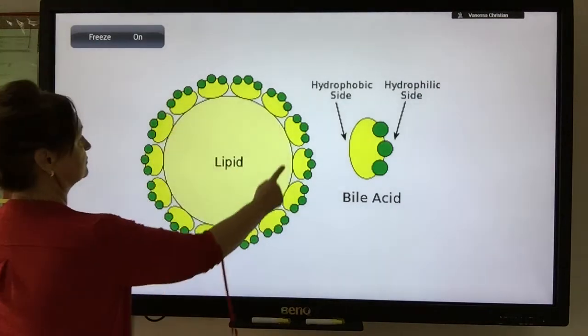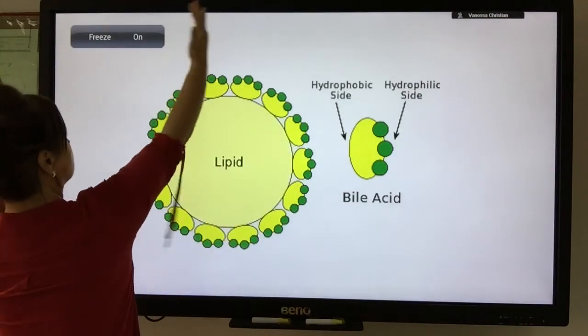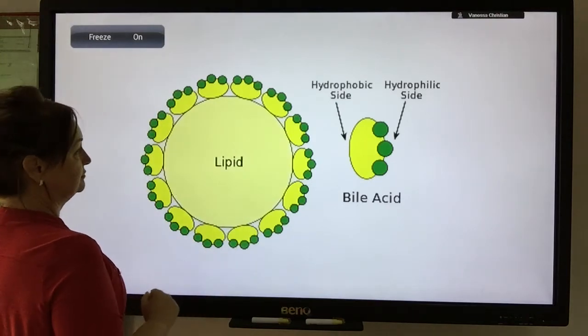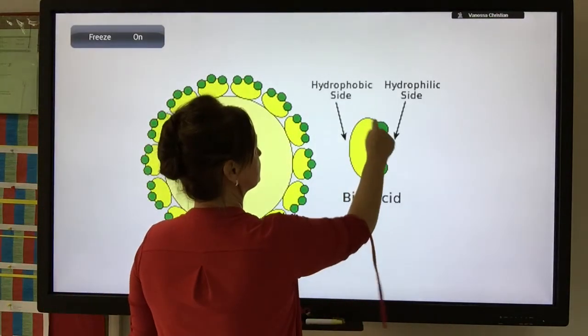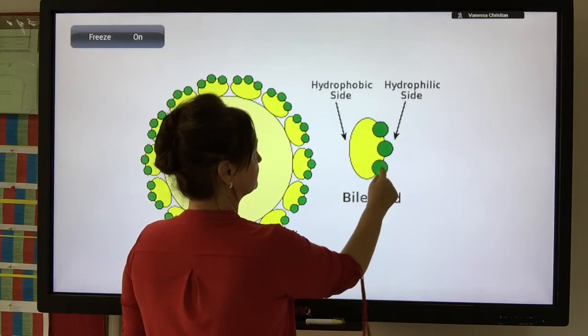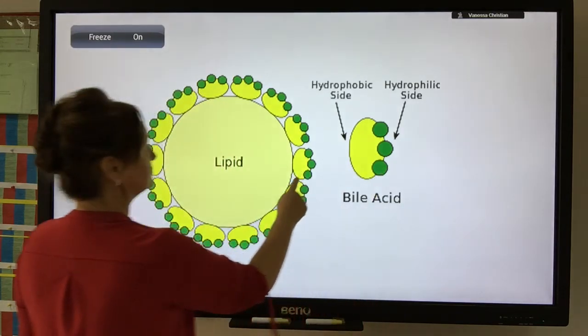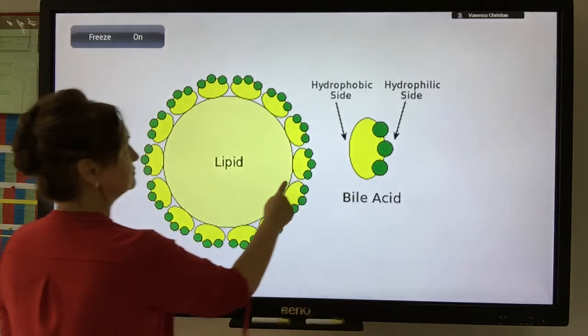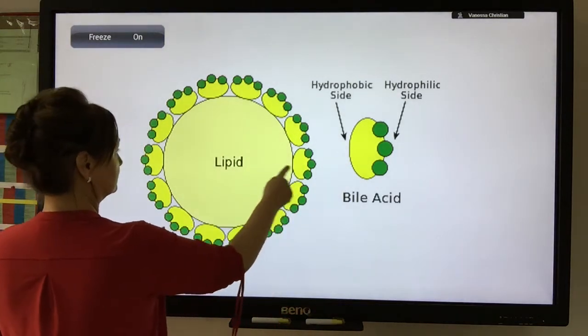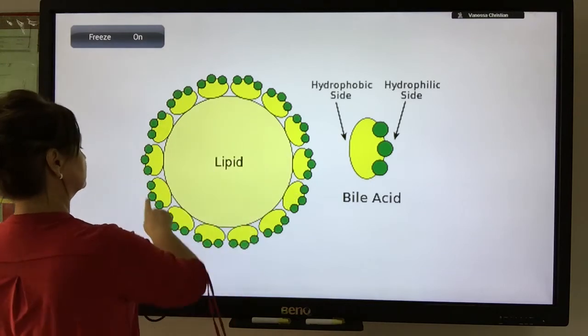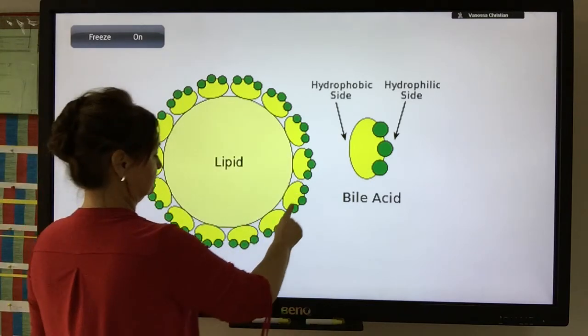Now, once these products of digestion have been formed, whether you're going to call them monoglycerides and fatty acids or glycerol and three fatty acids, either or, both of them are fatty in nature. They are both hydrophobic, and the lumen of the gut is an aqueous environment, a watery environment. We want to keep these products of digestion separate because they're small enough to be able to pass straight through the epithelial cell membrane. However, the lipid droplet is in itself